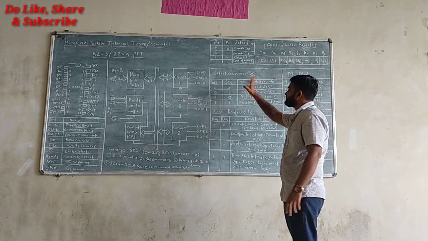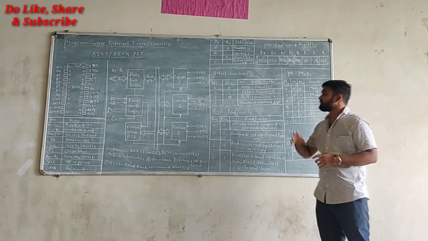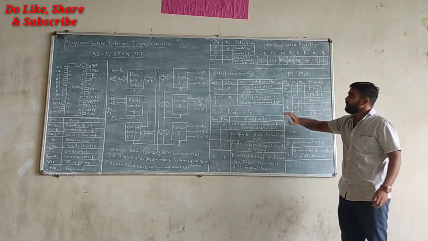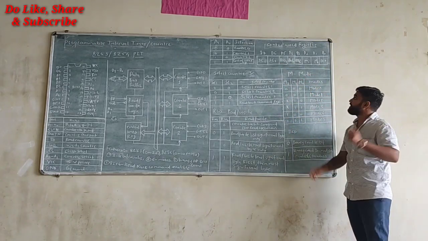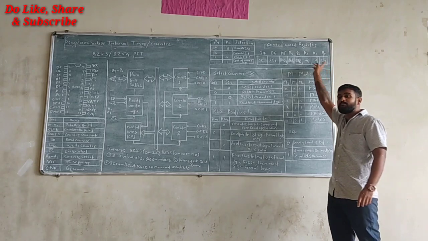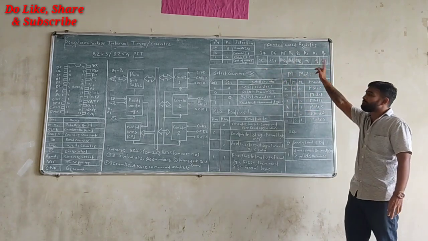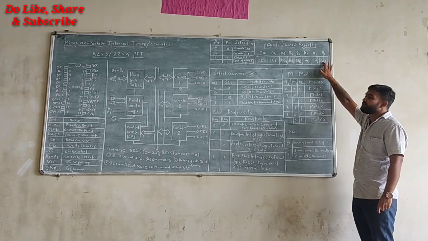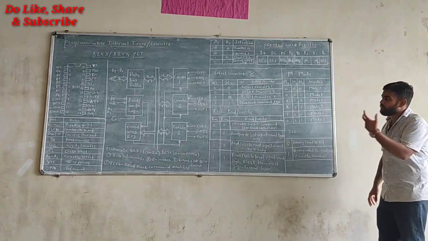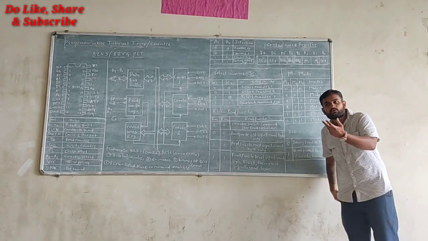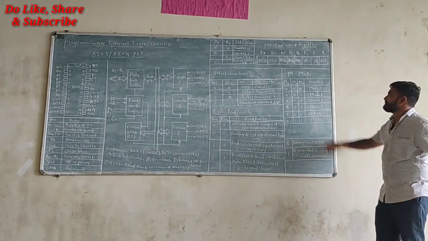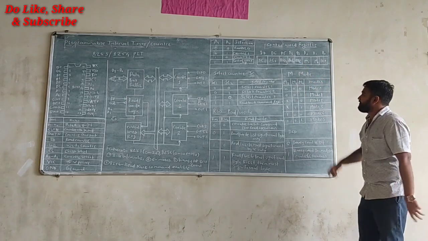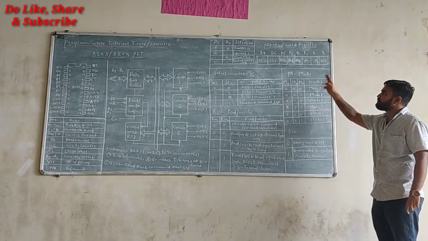Okay, so look into this chart. We have a select counter. How do we select? First we have to discuss the control word register. The control word register is an 8-bit register where we have a total of 8 bits available. At D0 we have BCD. By using this pin we are able to select whether the mode of your counter is going to be binary or BCD. Next we have D1, D2 and D3. 3 different values are there: M0, M1 and M2.